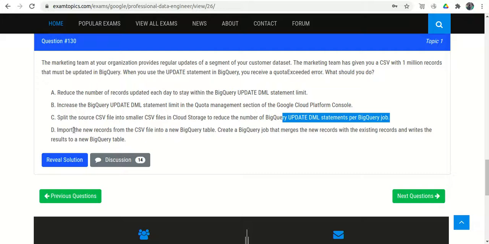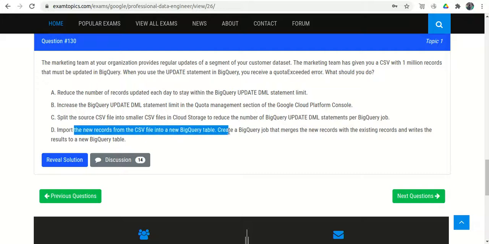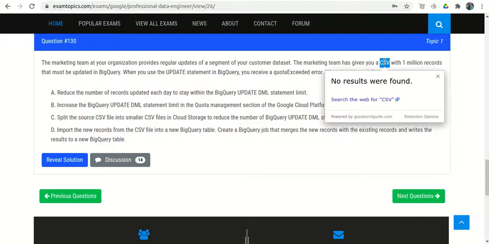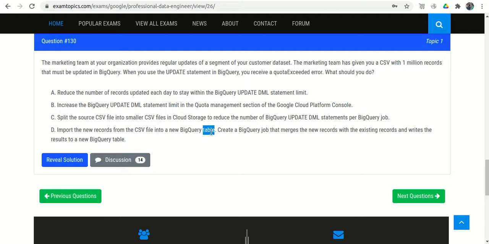Option D is to import the new records from the CSV file into a BigQuery table, and create a BigQuery job that merges the new records with the existing records and writes the result as a new BigQuery table. That looks perfectly okay. We have one CSV file, we import it into a BigQuery table, that is, create a table, and now run the merge job to merge the records with the existing table.